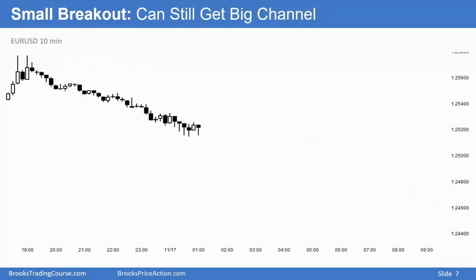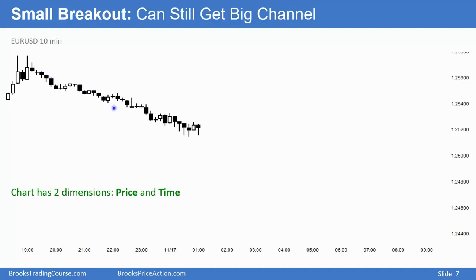Sometimes a small breakout can lead to a big trend. This is the euro versus the dollar, a 10-minute chart. Now look at this. There's time on the bottom and price on the vertical axis. It's a two-dimensional chart, price and time. It's easy to think that breakouts have to begin with price only, a big move in price. Well, they don't. Breakouts can take place over time, made up of lots of small bars,